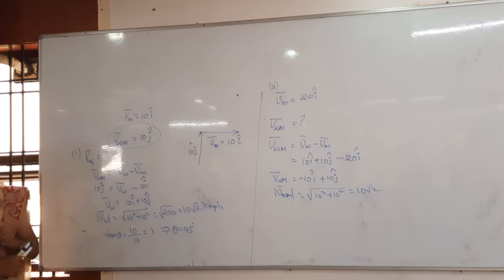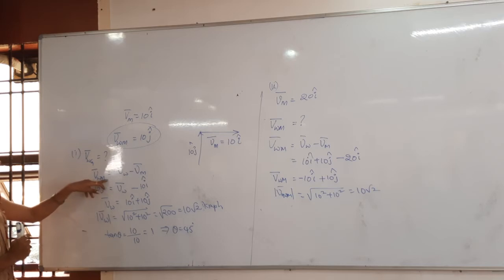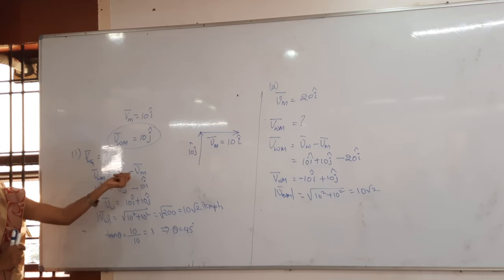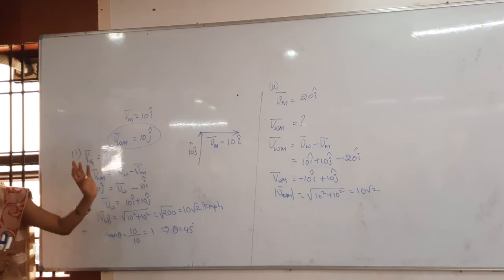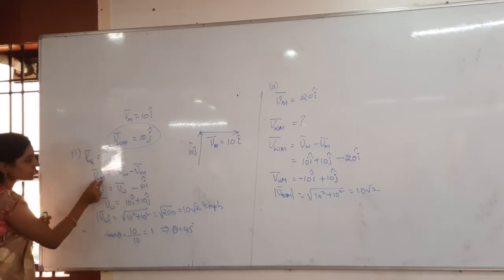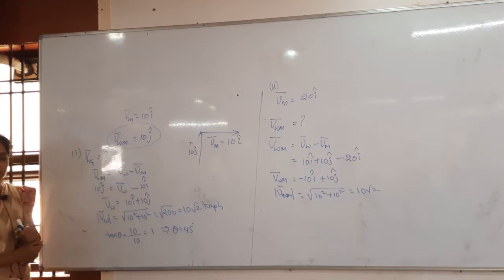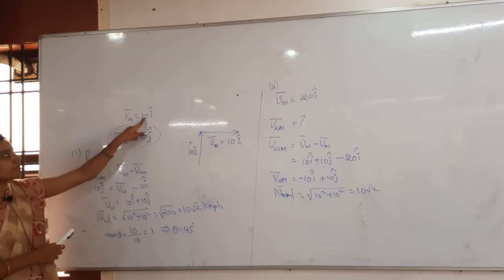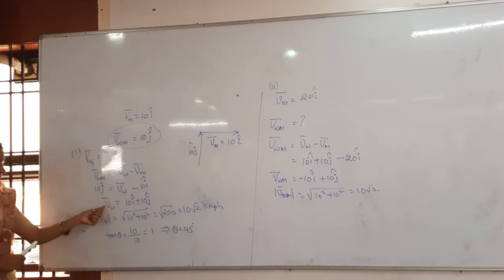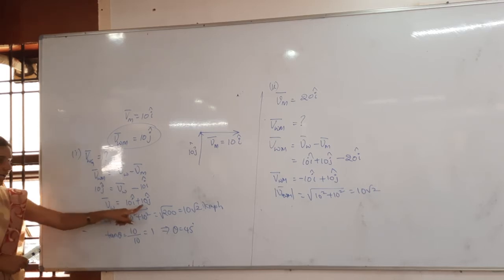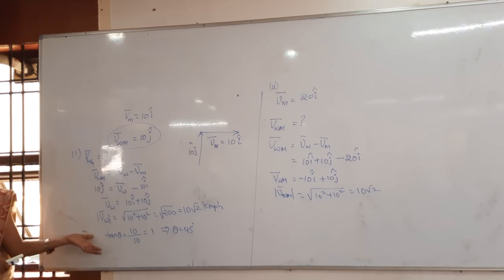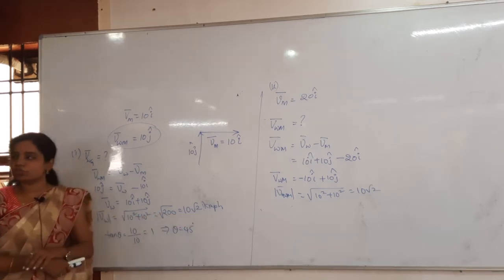Then I have to find out the original velocity of the wind. For that purpose, the velocity of the wind with respect to the man is equal to the velocity of the wind minus the velocity of the man. This is the formula. VAB equals what? VA minus VB. Then the velocity of wind with respect to man, what they have given? 10 j cap is equal to the velocity of the wind, which I have to find out, minus the velocity of the man, which is how much? 10 i cap. Then the velocity of the wind is how much? 10 i plus 10 j. I want to find out the magnitude of the modulus of the velocity of wind. Then what will we get here? 10 root 2 kilometers per hour.